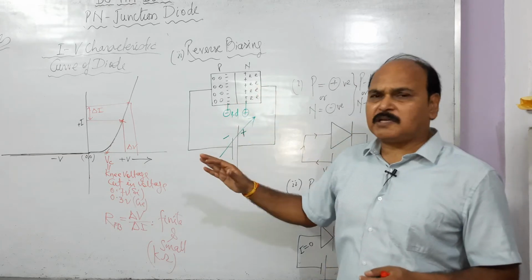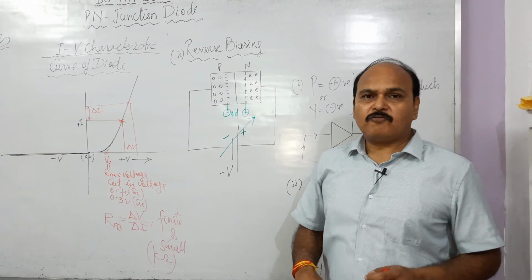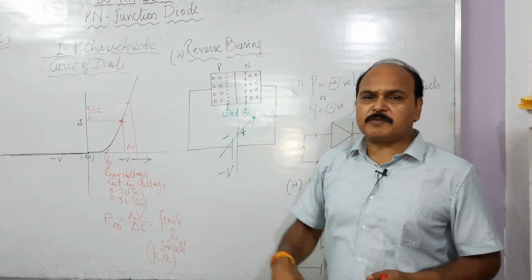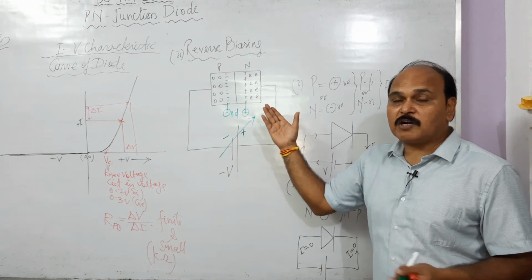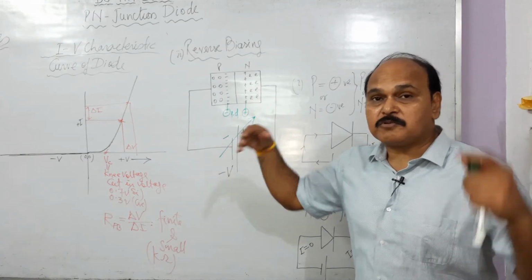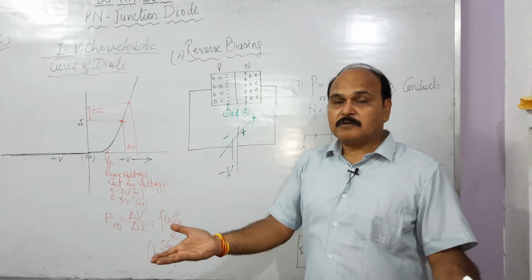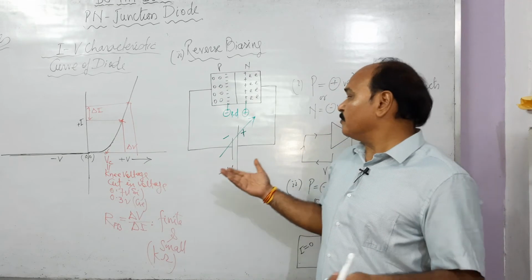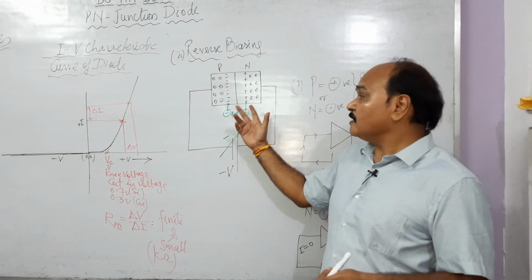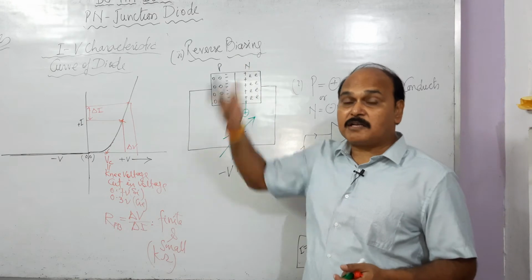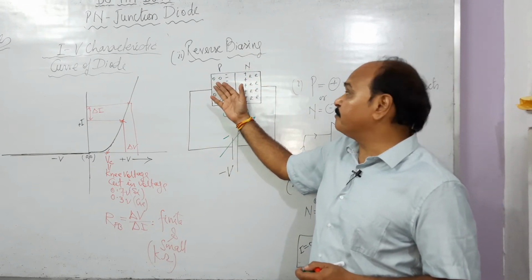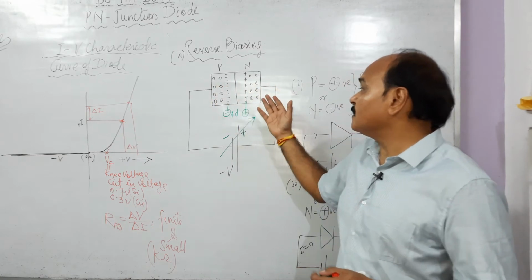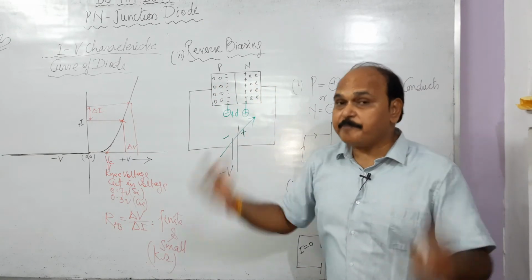Even if this battery is not there, there is no current in the circuit. Why? Because electrons and holes cannot move across the barrier. And as we increase this value of voltage, what happens? The possibility of conduction was already 0 and it is never going to conduct. Why? Because this battery is going to help the barrier. This barrier becomes stronger and stronger and stronger. Therefore, electrons moving to the P side and holes moving to the N side is practically impossible.